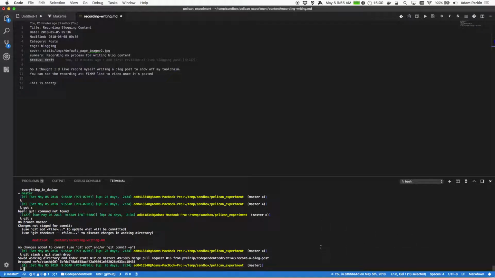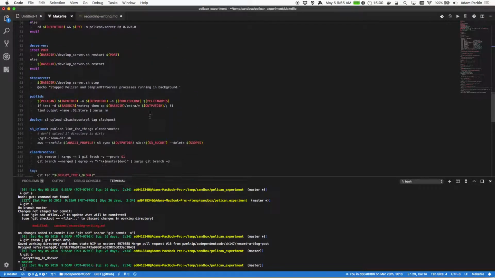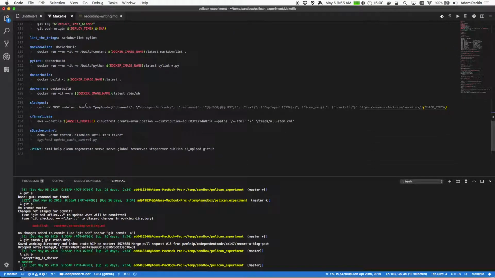Anyway, discard those changes. So the question is, what happened to that branch? Because you saw when I did the git b, that branch is now gone. And as part of my makefile here, when it does the upload to S3, one of the things it does beforehand is this clean branches target. And what that clean branches target does,